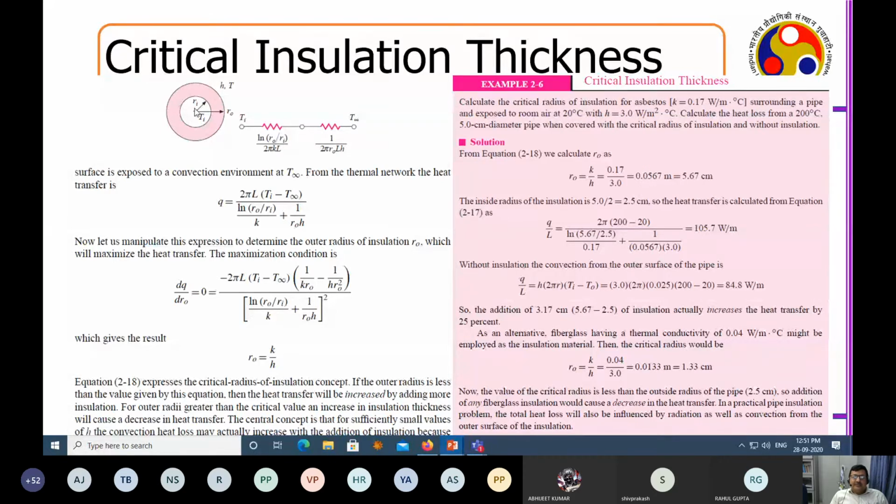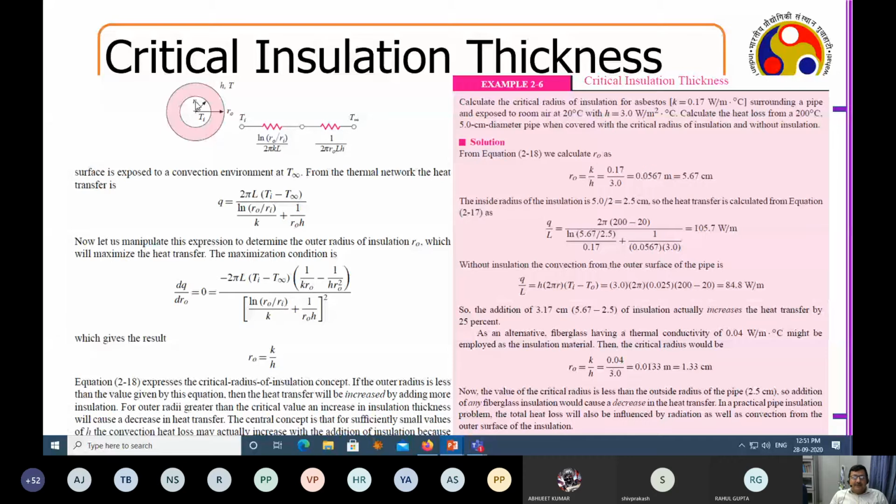Now, when you put an insulation around that, suppose this is your insulation thickness, and this is your inner fluid that is confined. Now what is the resistance? Outside it is at T infinity, and inside it is T. So what is the total resistance network I can give? Sorry, I made a mistake here.